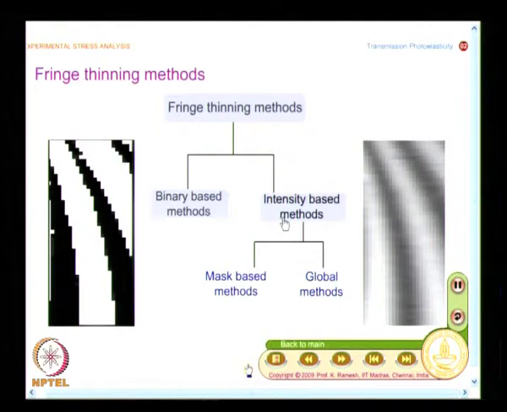If you look at either a binary based method or an intensity based method, you need to first identify from an image what a fringe is, where the fringe is located. This is where human intelligence is very important. Suppose somebody gives you a picture, you would immediately say, I have a thick fringe here, a thin fringe here, I know this is the background. The mind processes all the visual information, even without your recognizing it, and gives you a feeling that you are looking at a fringe pattern which is very dense here.